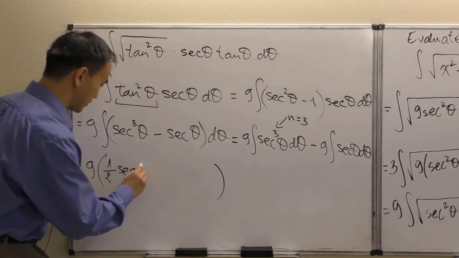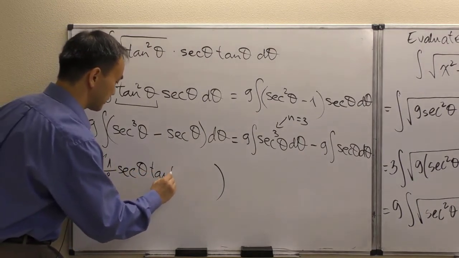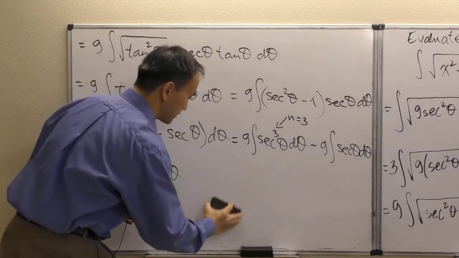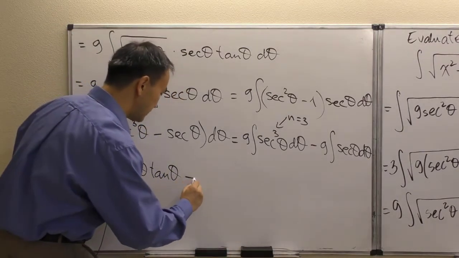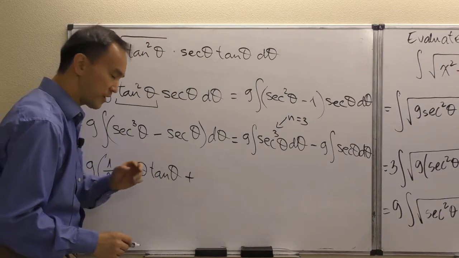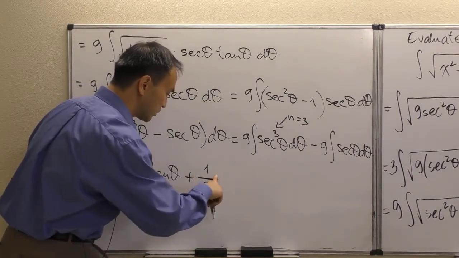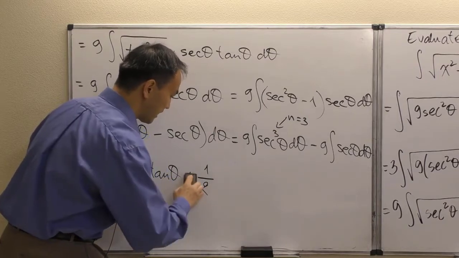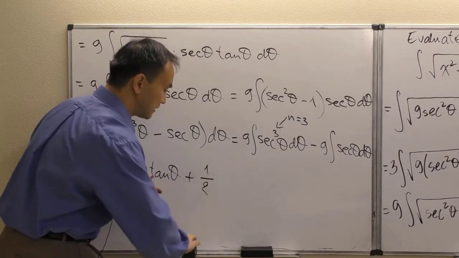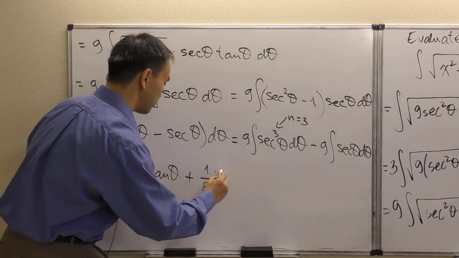Okay, so it's now just secant theta times tangent theta. And then I'm going to add, with n minus 2 over n minus 1. So n minus 2 is 1, over n minus 1 is 2. So it's another 1/2 to be multiplied with the